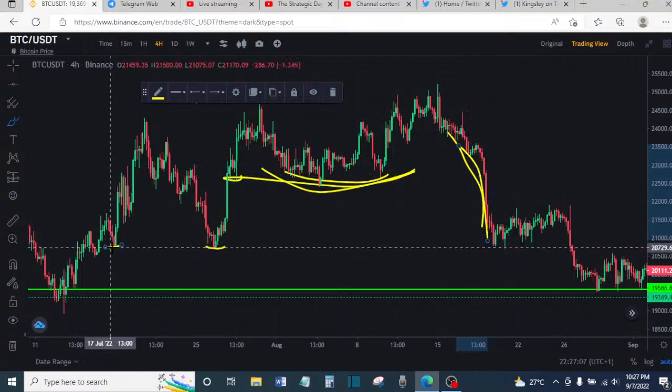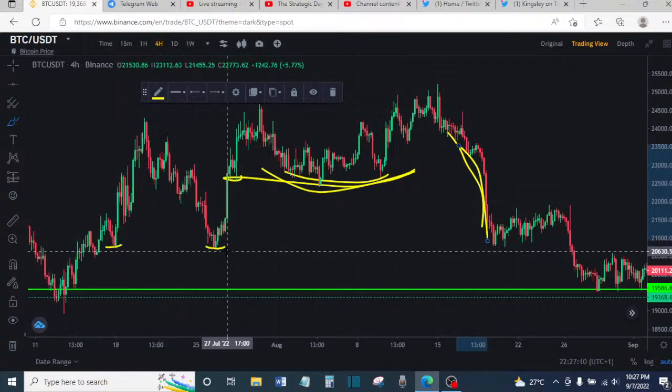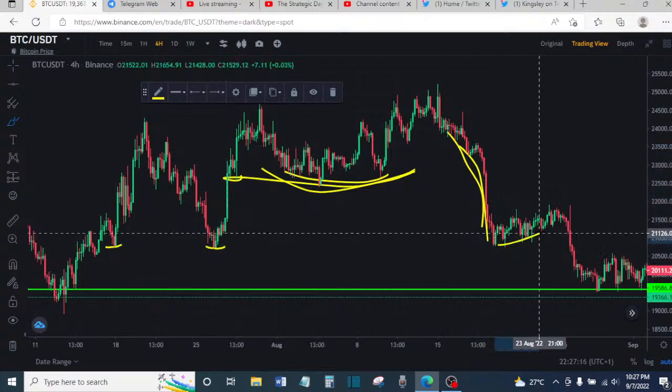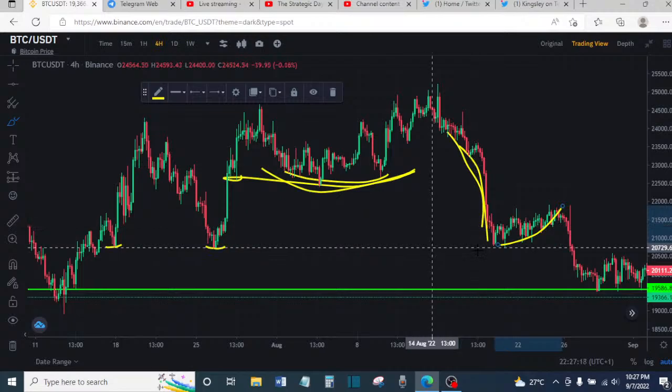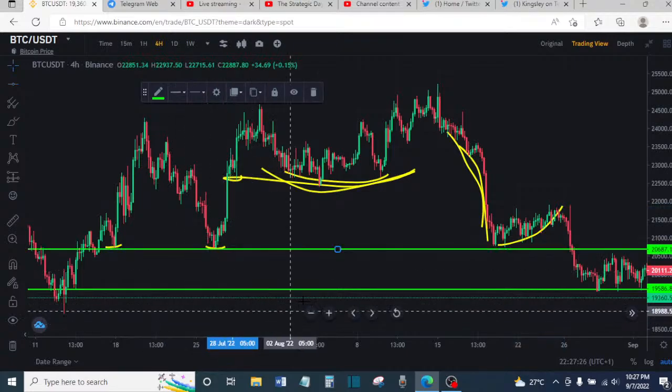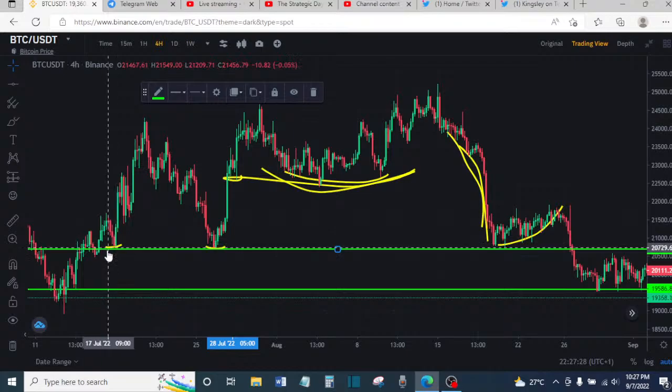They were to take out these 2 bottoms, but because these 2 bottoms are major to them, what did they do? They retraced. Now before they retraced, what happened? Let's place a horizontal line so that you can understand my strategy clearly. Look, when I placed a horizontal line at the exact spots where these 2 double bottoms are, look at